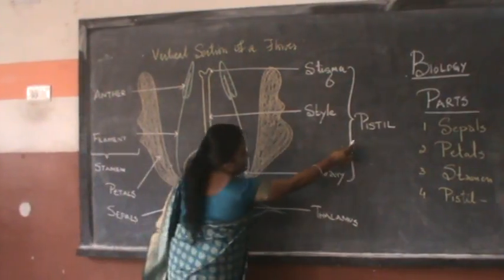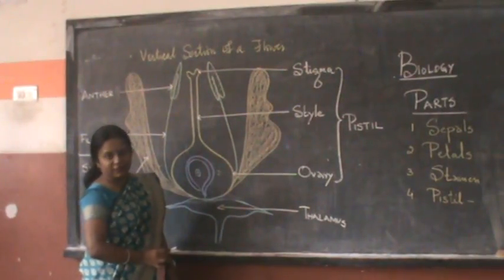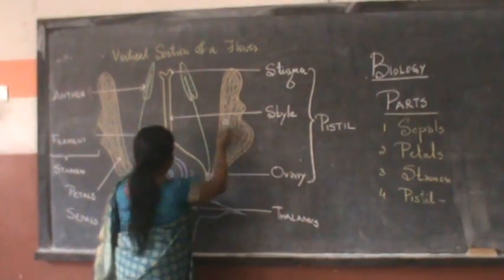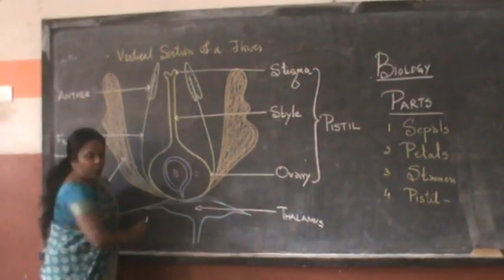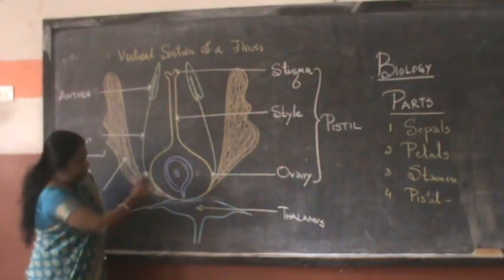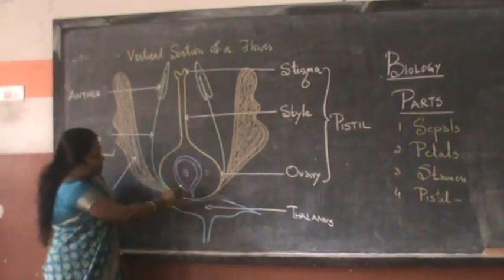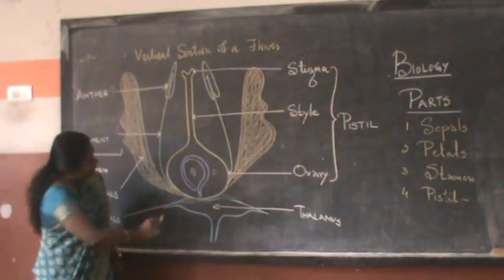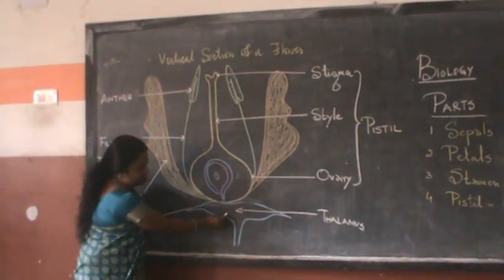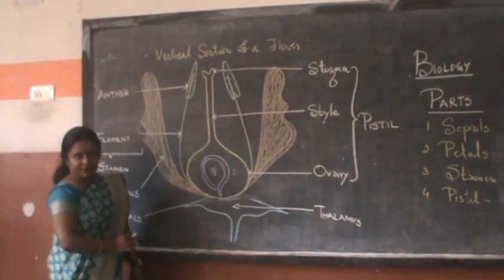The fourth part of the flower is pistil, called the female reproductive structure. Pistil can be identified into stigma, style and ovary. Ovary is the swollen part of the female part bearing a structure called ovule containing the female gamete. And these four floral parts are arranged on a swollen stage which is called thalamus or receptacle.